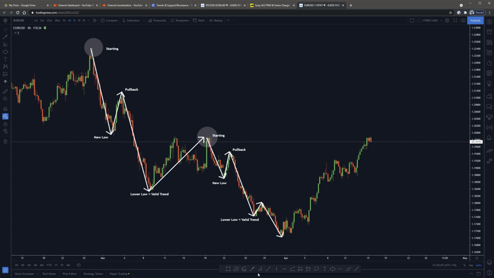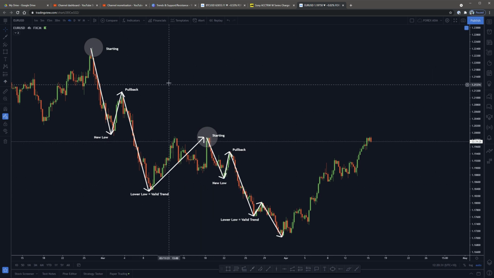This is what I had trouble with reading trends in the beginning, and there was a lot of subjectivity to it. Do you start here or do you start on this one over here? I personally can't give you rules around what to do, but whatever you find consistency in and whatever you start to do, continue that throughout all your trading. So as you can see, we have 1, 2, 3, with the rules of defining trend and